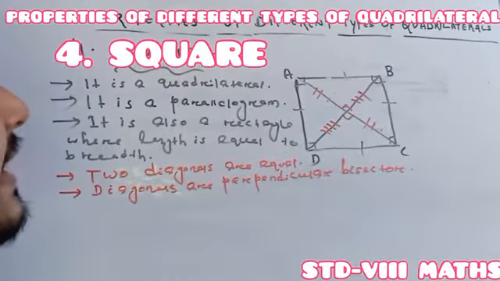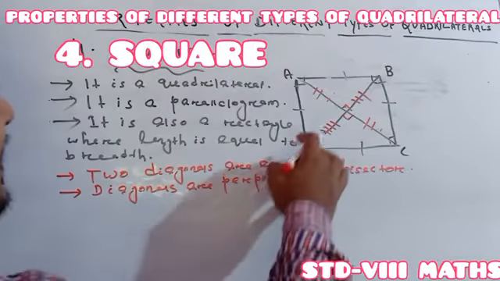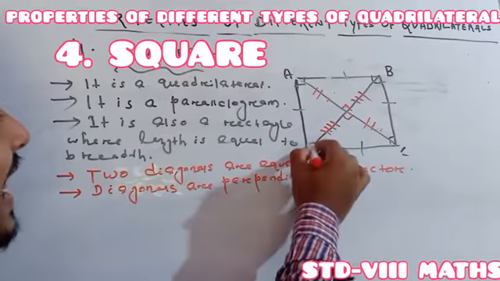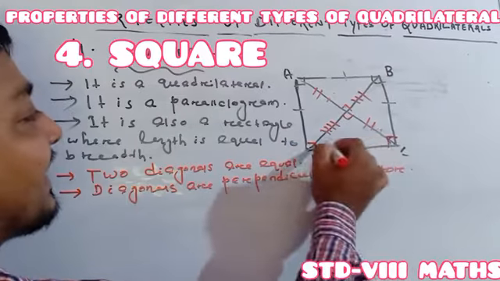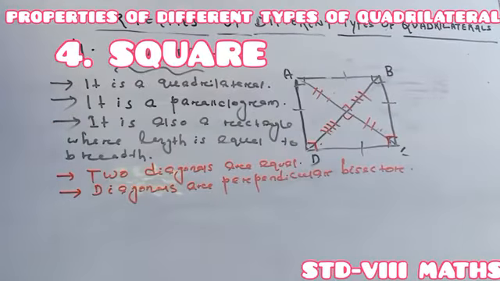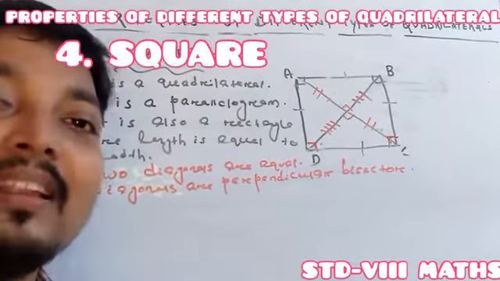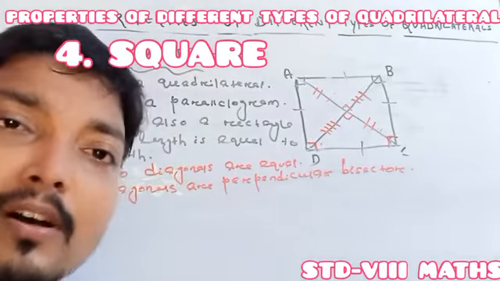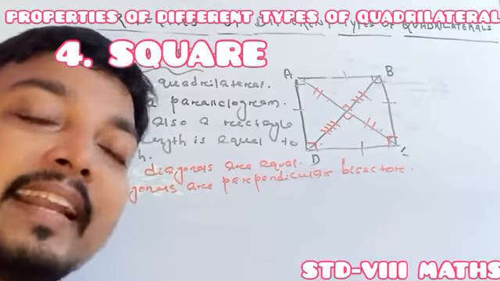Rest of the other criteria, it is as usual. See, here it is the four sides are equal, for which diagonals bisect each other. Angle it is 90 degree, for which both the diagonals are equal. Otherwise, as it is a rectangle, in the rectangle both the diagonals are equal, so for which here also the diagonals are equal. As it is a rhombus, so for which diagonals bisect each other.